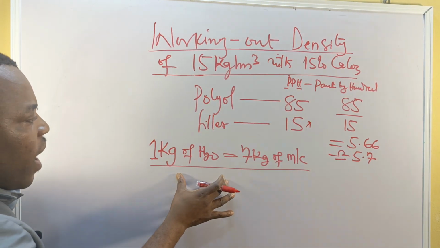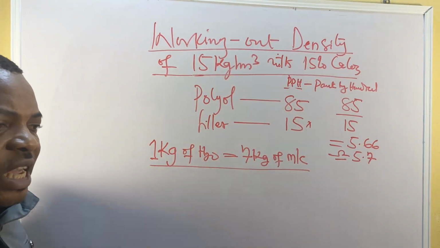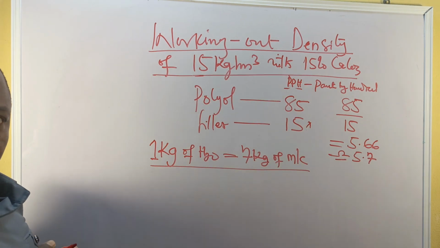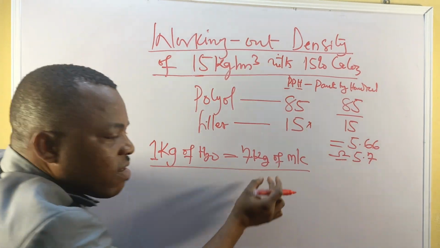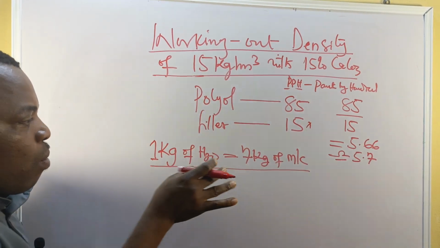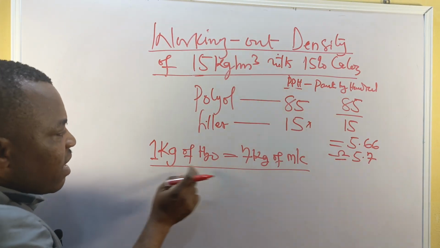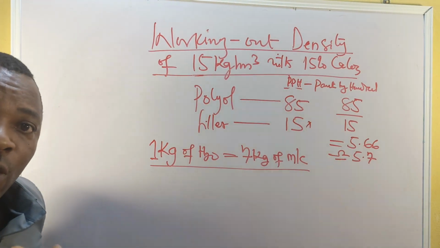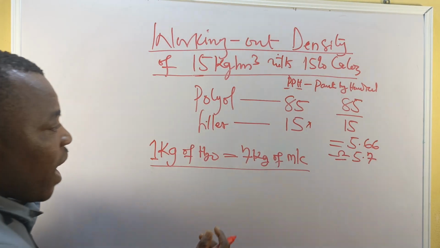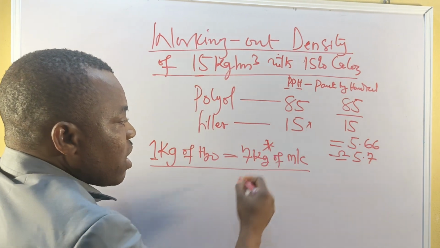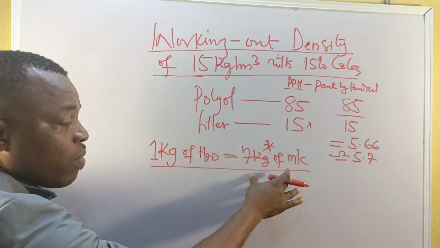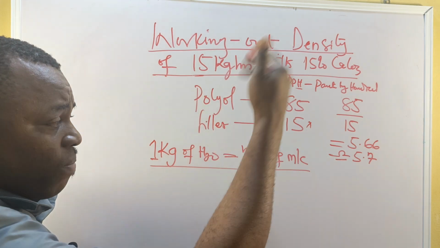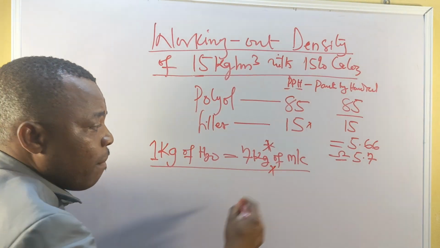It simply tells us that water is the chief blower, whereas MC is the auxiliary blowing agent assisting the water. You know, there are some foams you make where you don't need MC. Most especially heavy duty foams, from density 30 and above, you don't need it,